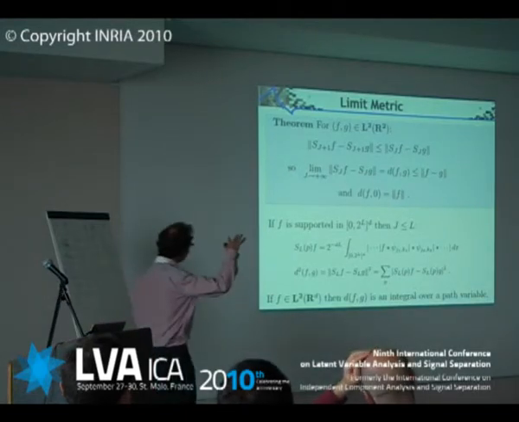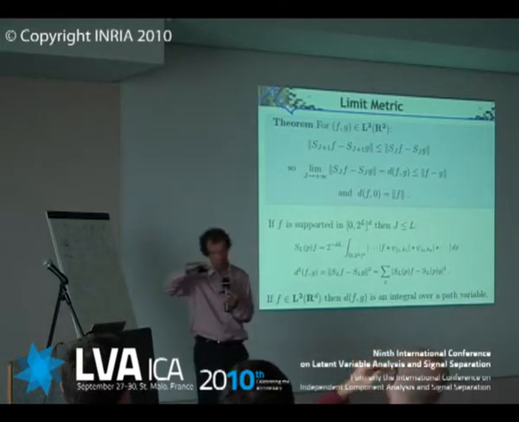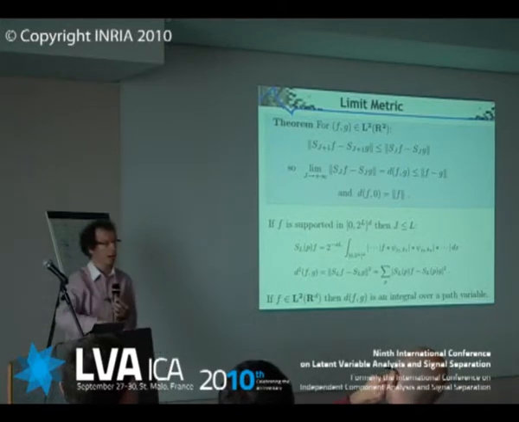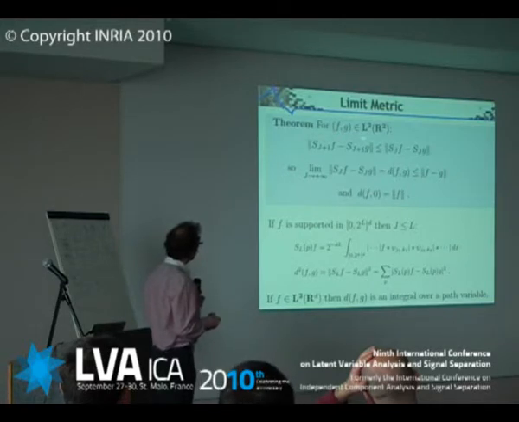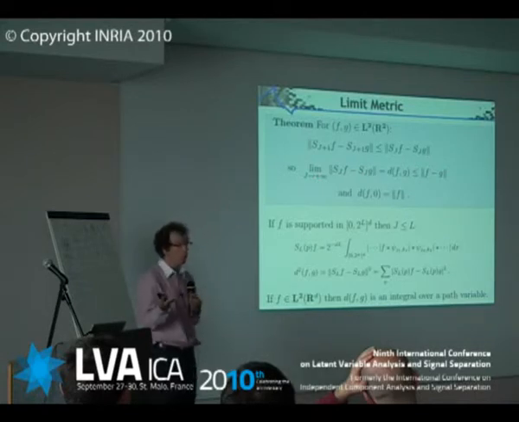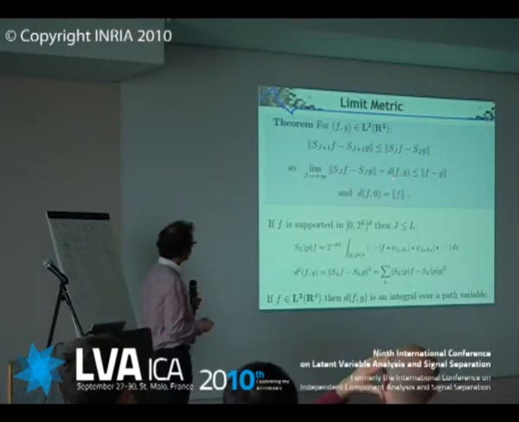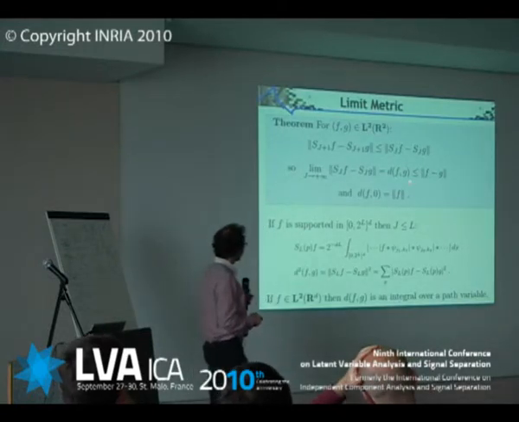Okay, now what's happening if I begin to increase J? J is my scale at the bottom. And I said if I increase J, I'm going more or less to converge to a constant. One property again is that the distance is decreasing with J. So if I increase J, I'm going to converge to some number. Okay, I have a decreasing sequence. It's going to converge. It's going to define a distance. So ultimately, I'm going to have a limit distance. My limit distance is contractive and preserves the norm.